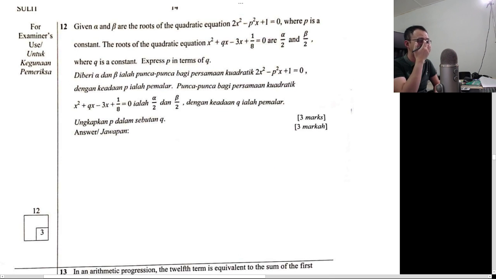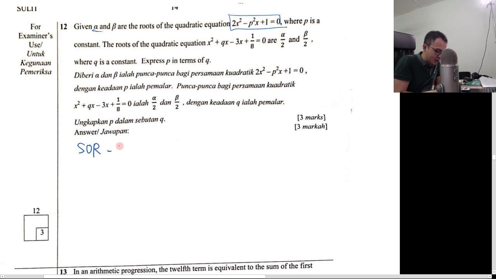Alright, so let me move on to question 12 here. This is sum of roots and product of roots. It's a Form 4 chapter. Okay, so I do the first equation first. So alpha and beta are its roots, right? So I do the sum of roots. So alpha plus beta. Okay, let me do it step by step. So sum of roots will equal